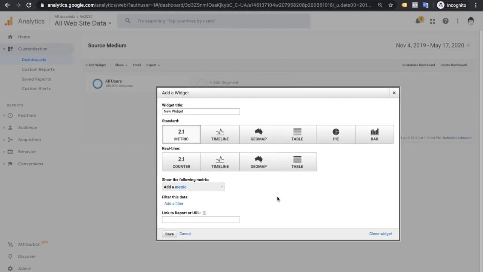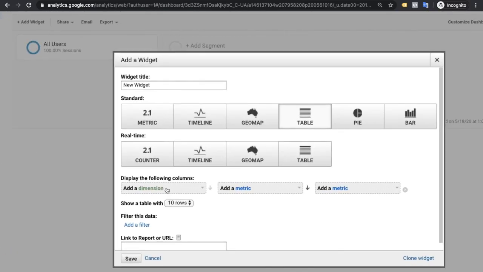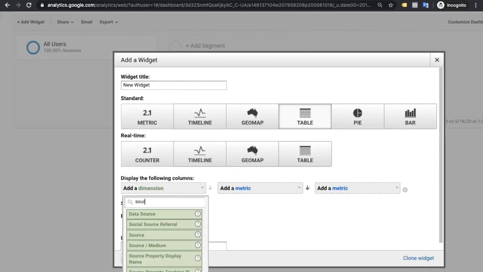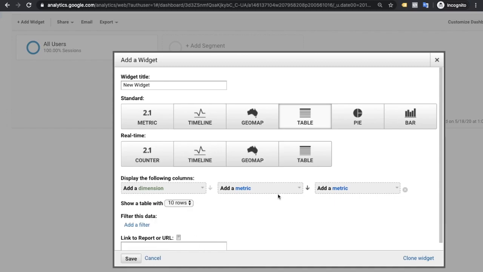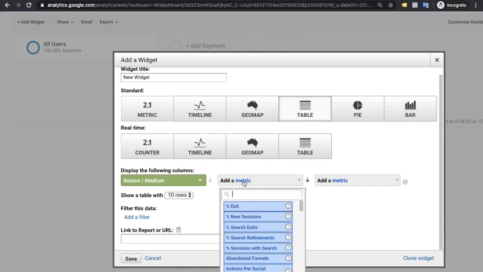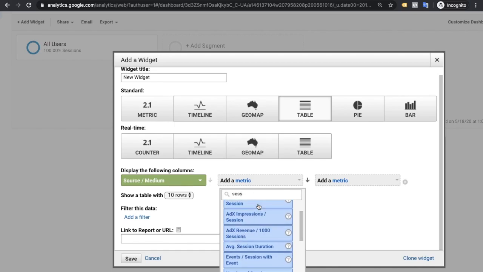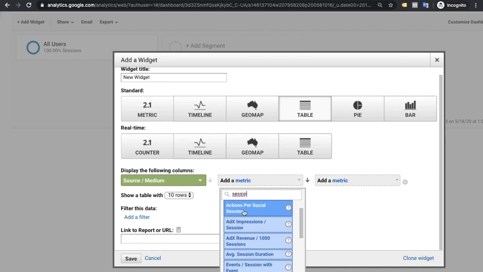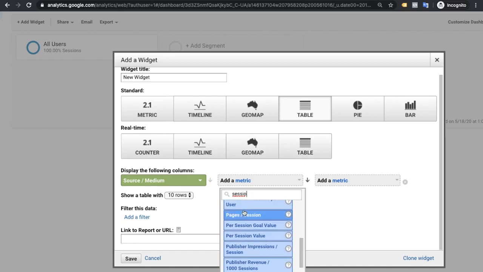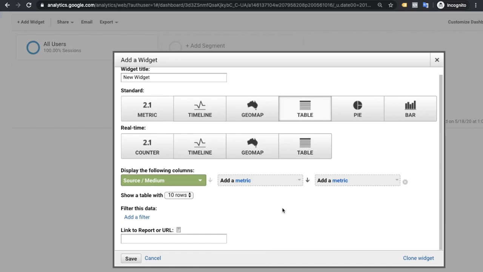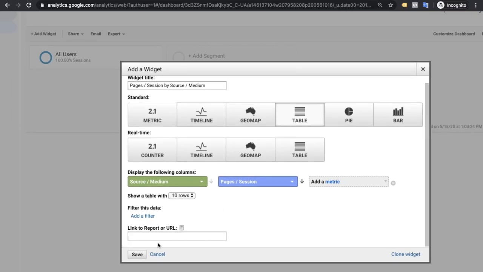After that, select table format, add your dimension and add a metric. Suppose I am selecting session, then click on save.